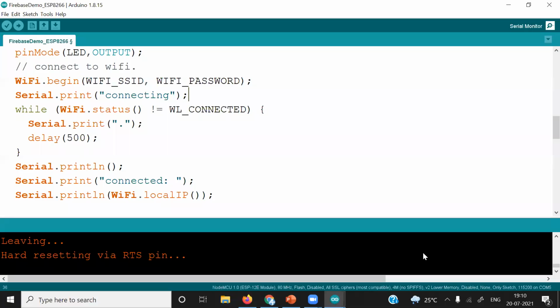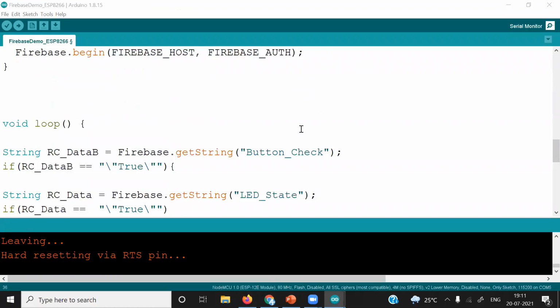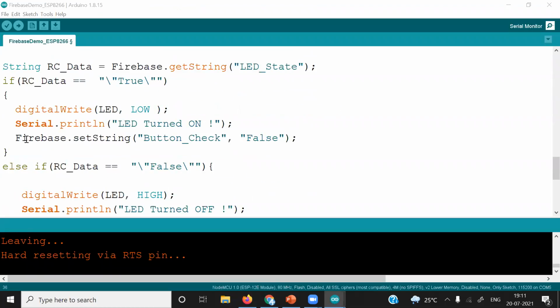Sir, how to get notified when the LED is on or off in the application? Whenever we are turning the LED on and off, what can we do? We can set here another Firebase set string.